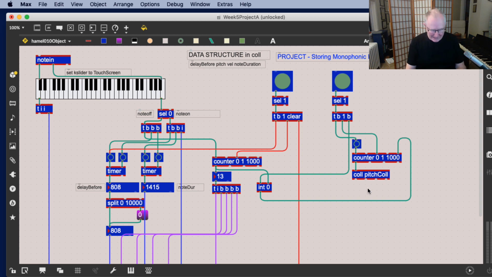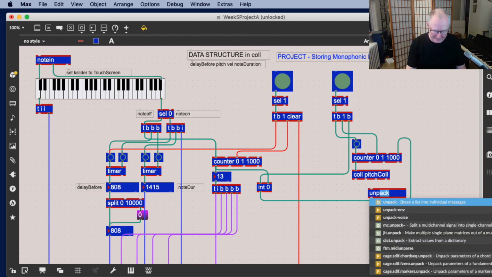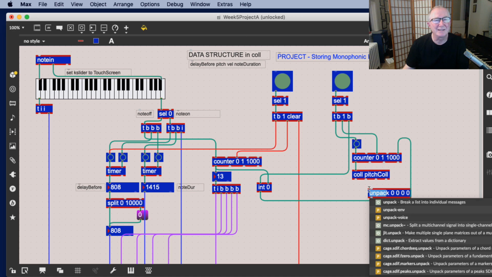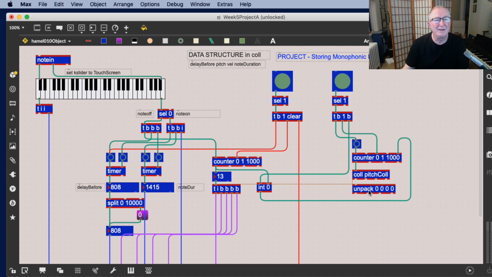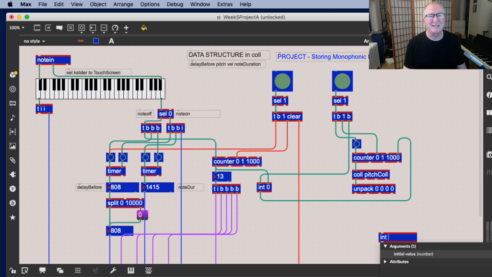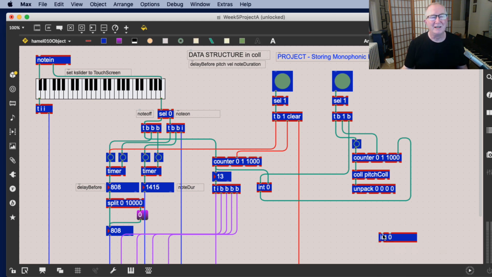And then I need to unpack all of this. Now, how many values are there coming out? There will be 4, because the counter is giving us the key, and the data that comes out of the call will be the 4 values: the delay time, the pitch, the velocity, and the duration. And I'm going to do something similar to what I did before,